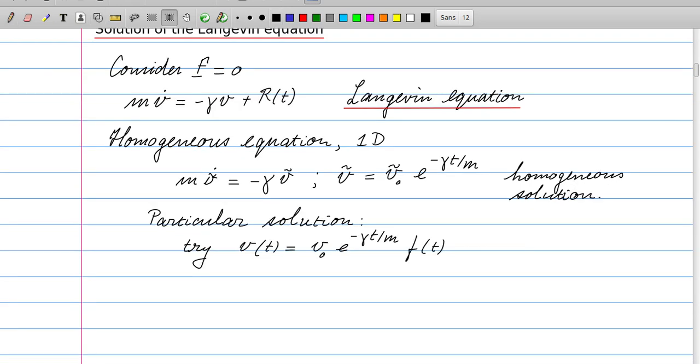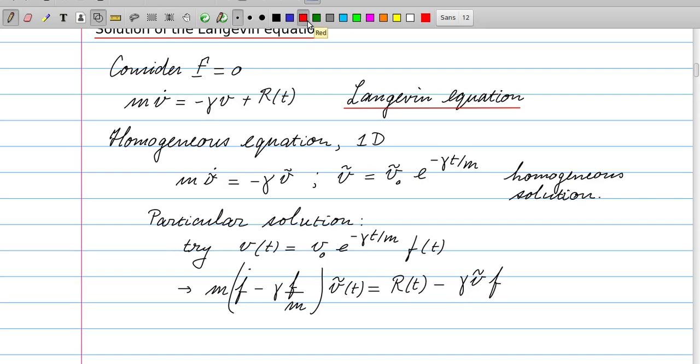Then we need to find a particular solution, and we do that using the standard method. We try a solution of the form v(t) is the homogeneous solution times some function f that depends on time. And if we plug that into the differential equation, we get the following. First of all, we have two time dependencies, one here and one there. So we get two terms from the m times v dot. Those are those two terms, and on the right hand side we have here the drag force, and here we have the random force, and the drag force is cancelled on the left and right hand side. So here you see that this term is identical to that term,